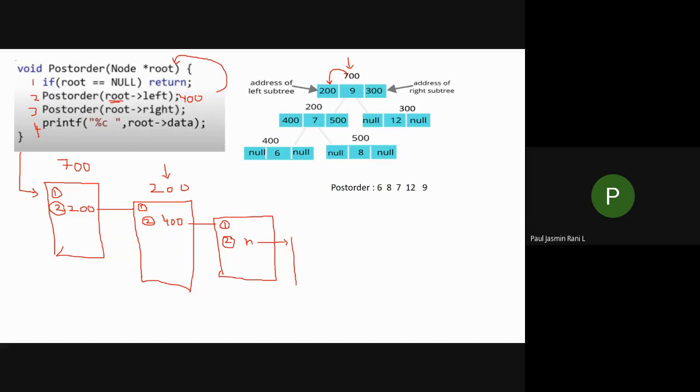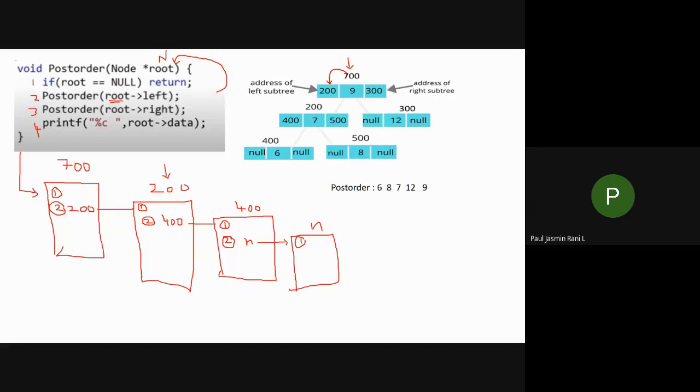So again, I'm going to call the function once again. What value am I going to pass? I'm going to pass null. When I pass this null, what happens here? If root is equal to null, what statement do you have to execute? Now I'm in the first statement and here the root element is null, and this one is 400. So I am going to execute the first statement.